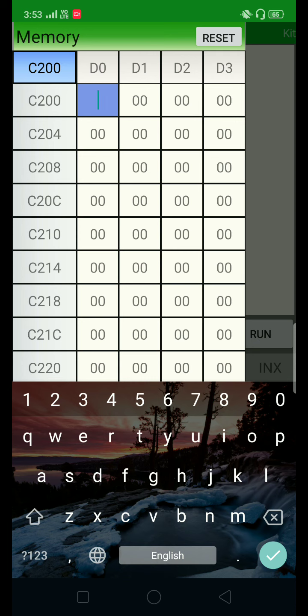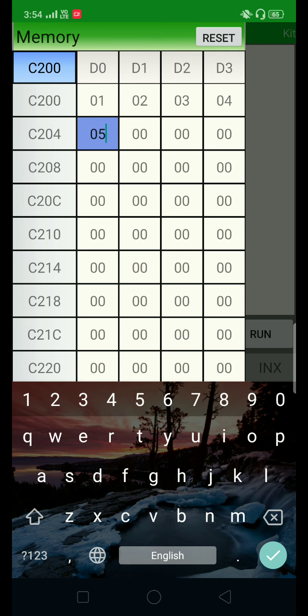So at first location, suppose the first number 01, just double click on D1 location. So at second location C201, here you have to save 02. C202 location with 03, C203 with 04, and C204 with 05.